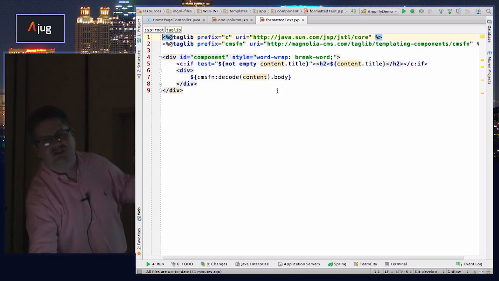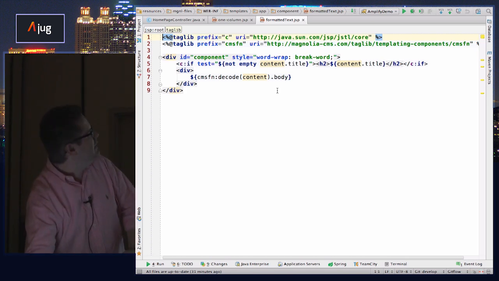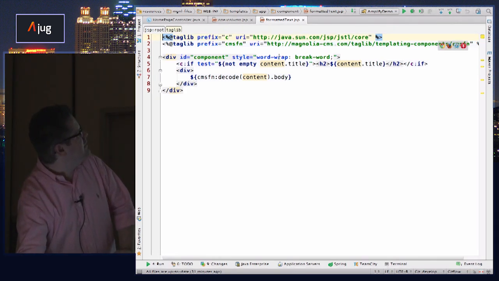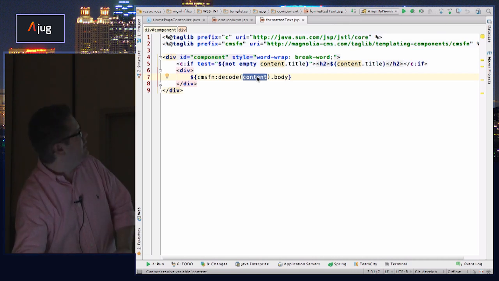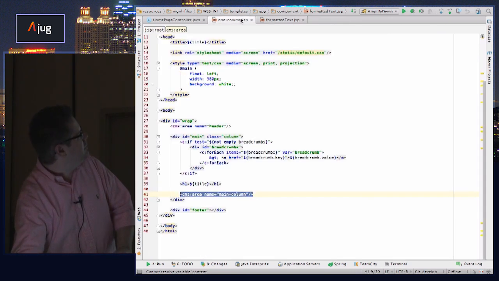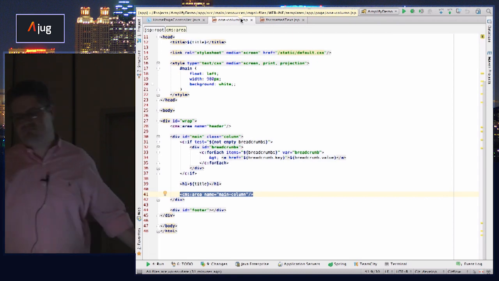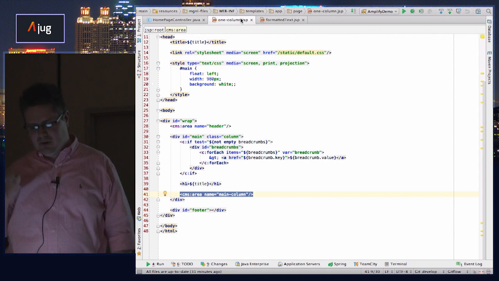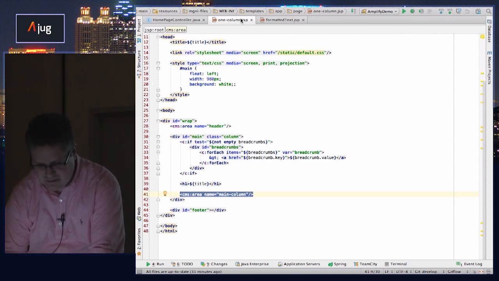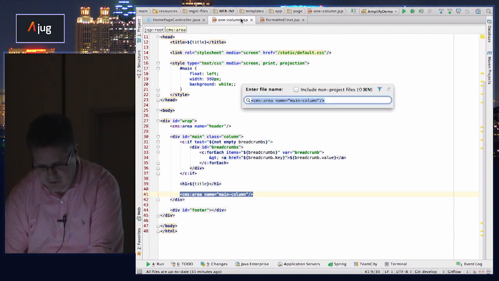So again, this is just a JSP fragment. The only thing that is the least bit specific is that I've got this notion of a content node that's being passed in. So we were talking about the JCR before. That's just the node from the JCR that defines this particular content element. So in this sense, I've got a controller. The controller's pointed at JSPs. That's all fairly normal. What changes is, and this is where Blossom comes in,